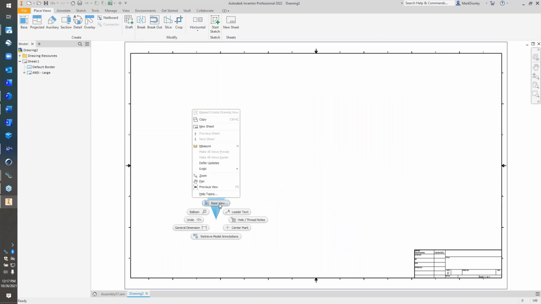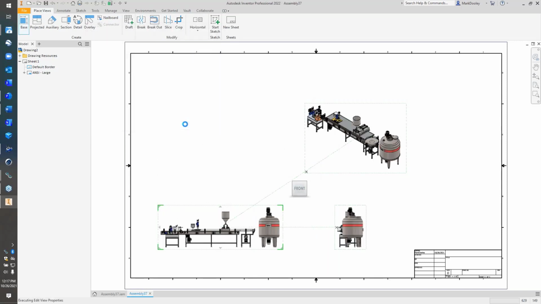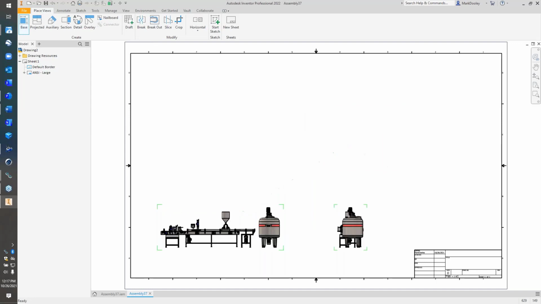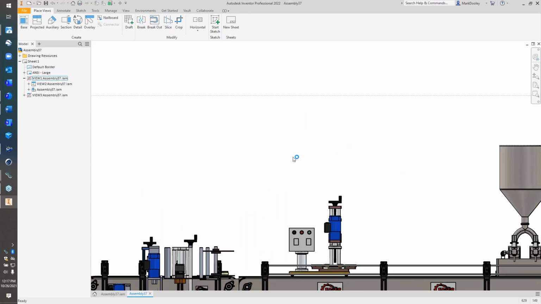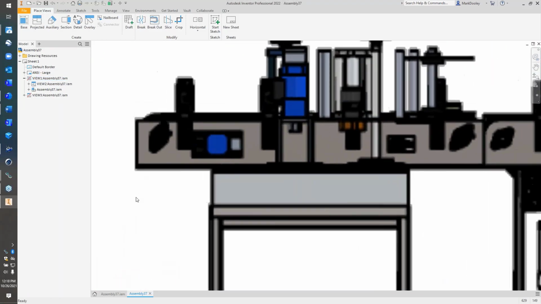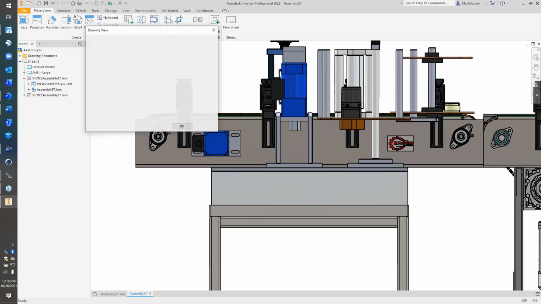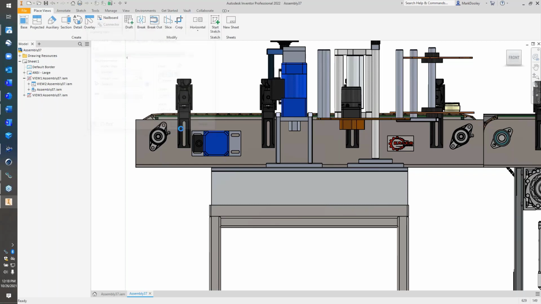Let's go back and do that again. So we'll say OK right here to quickly create these for us. And here inside of Inventor, I've got the shading turned on. As we zoom in, zoom out, we can see this. We can edit these views. We can show the hidden lines if we want to see those, and we can turn the shading off if we don't want to see that